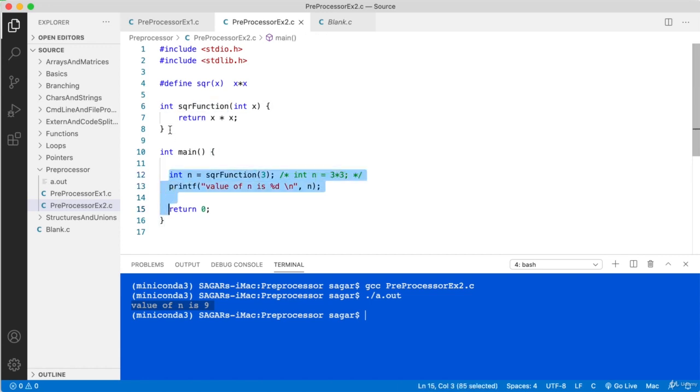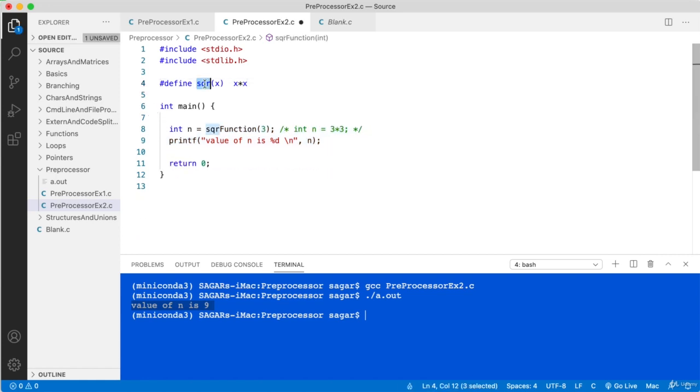But in case of a macro, it is not the case. The entire definition is expanded in place of the call, and that's the main difference. There is no control switch over and switch back. These things won't happen. Whatever the definition is, it is expanded, but you should write the definition properly. And the second thing is, there is no type checking. Whatever is given to x, the macro processor will simply place that value for x and expand. Even that you need to remember.